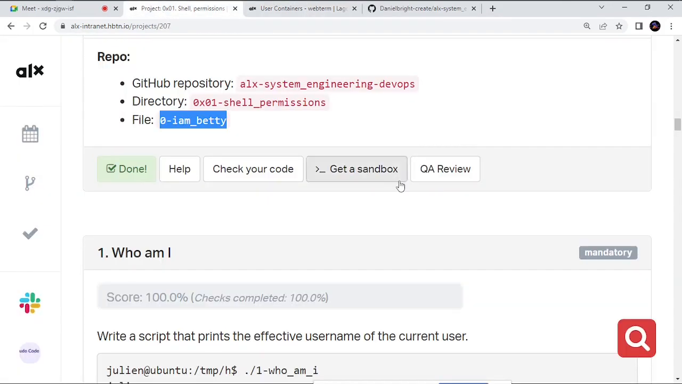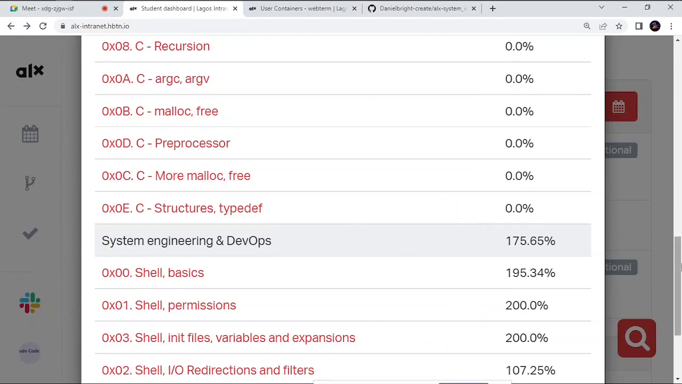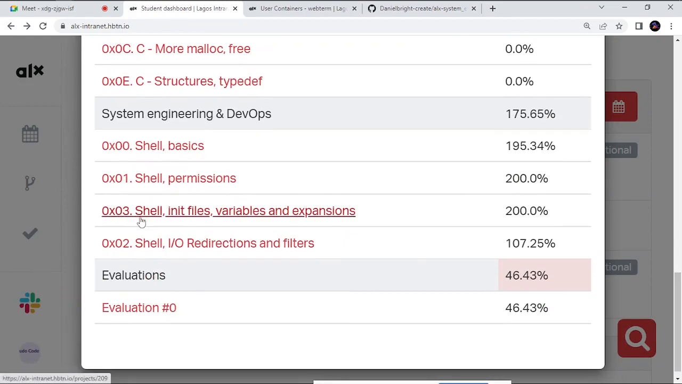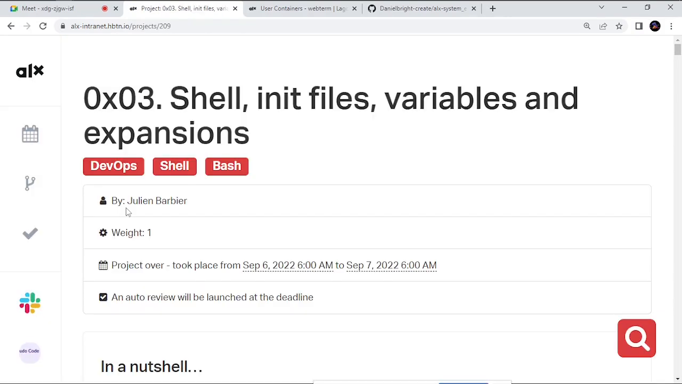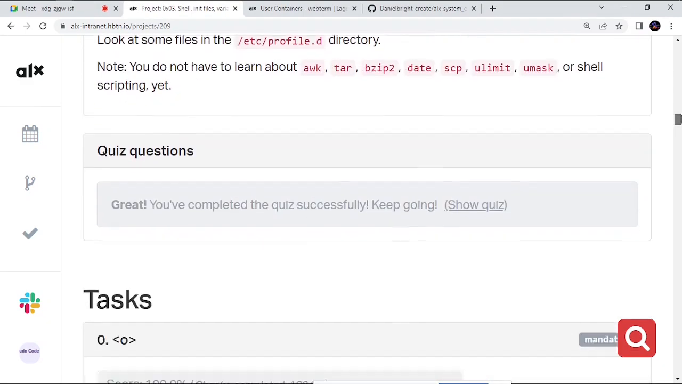Thank you very much. So I think we are done with shell basics, and shell permission is the same thing. These things build on each other. Then shell init. Basically seeing these 0x01, 02, 03, you should know there are different projects that require different folders. So like this 0x03 now, I think this is today's zone. You're going to come here and then